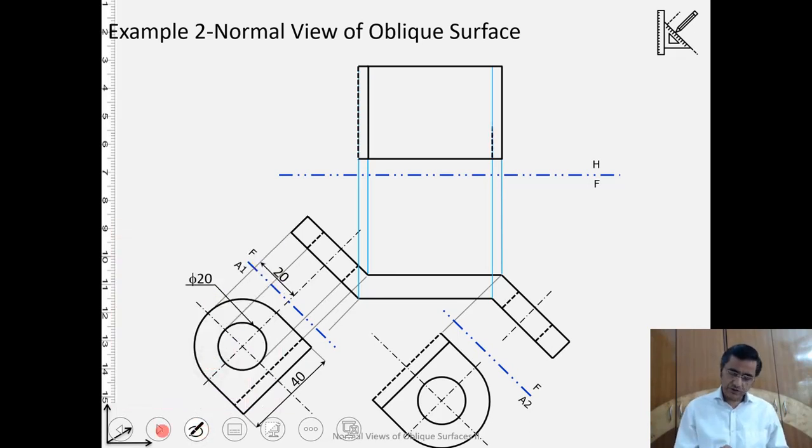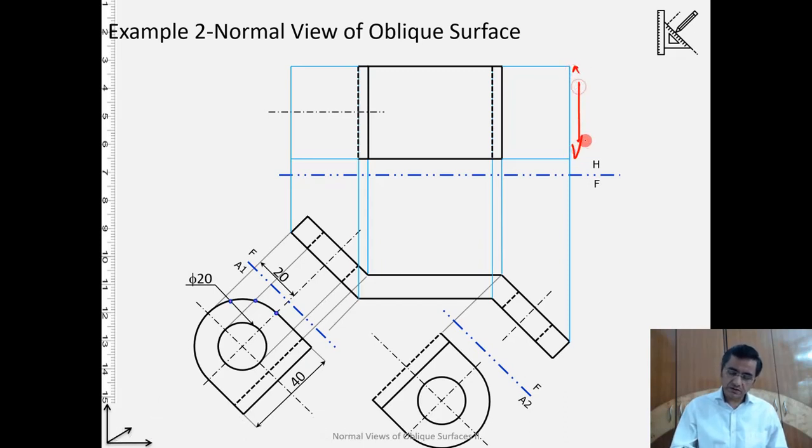So if you continue with this, that is how we are projecting the frontal projection with the help of the projectors, now on the horizontal. And as I said, we know the width of it. The width of this is known to us because it is 40. Now having done this, our job is, I want to transfer this arc out of this shape.